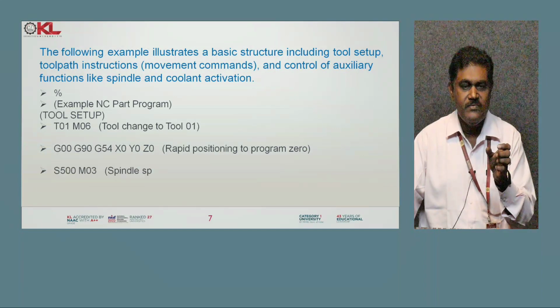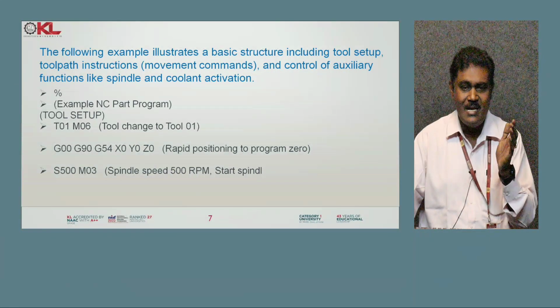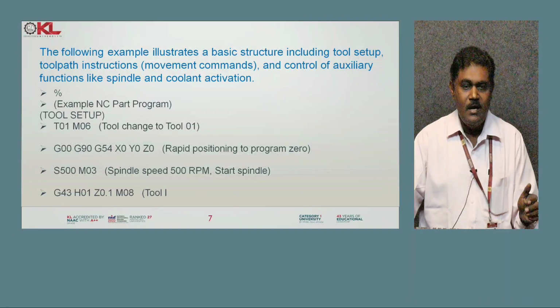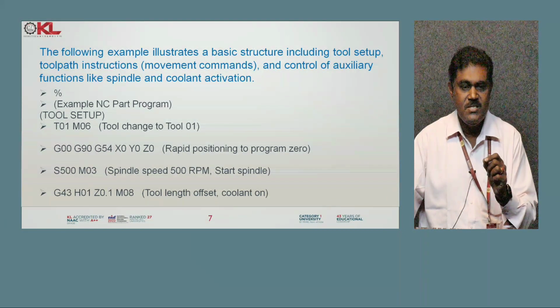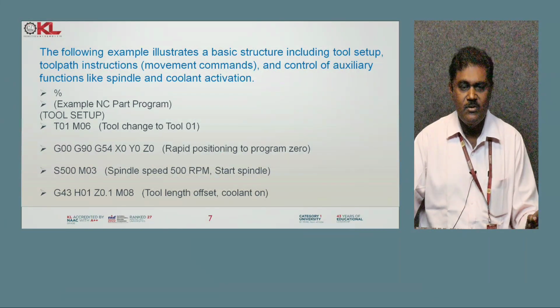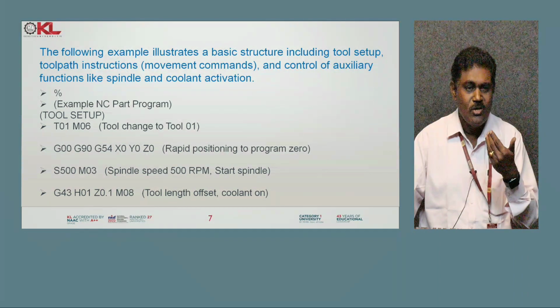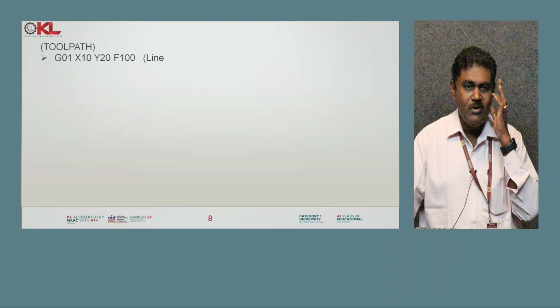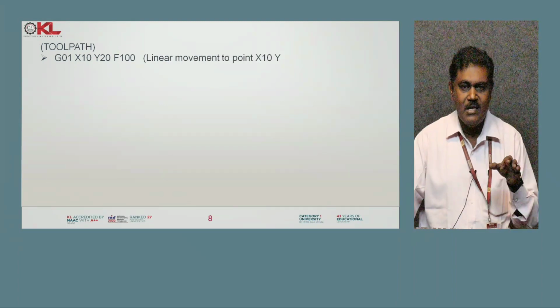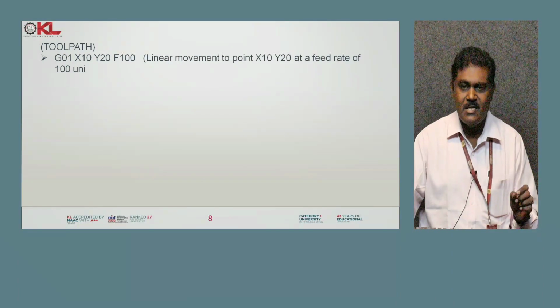G00 G90 G54 X0 Y0 Z0 is rapid position to the program zero, and spindle speed 500 RPM, and spindle starts M03, and G43 H01 Z0.1 M08, the tool length offset and coolant on. And tool path G01 X10 Y10 F100,